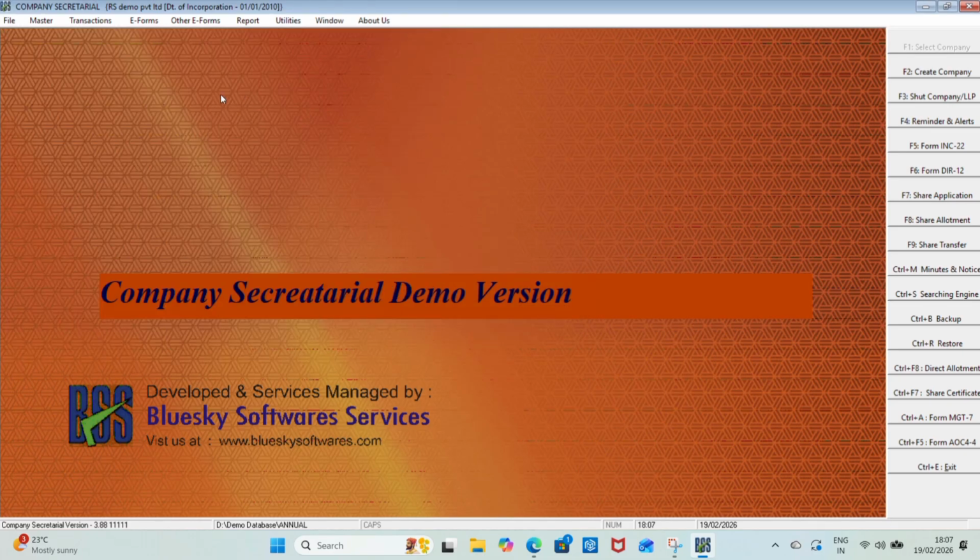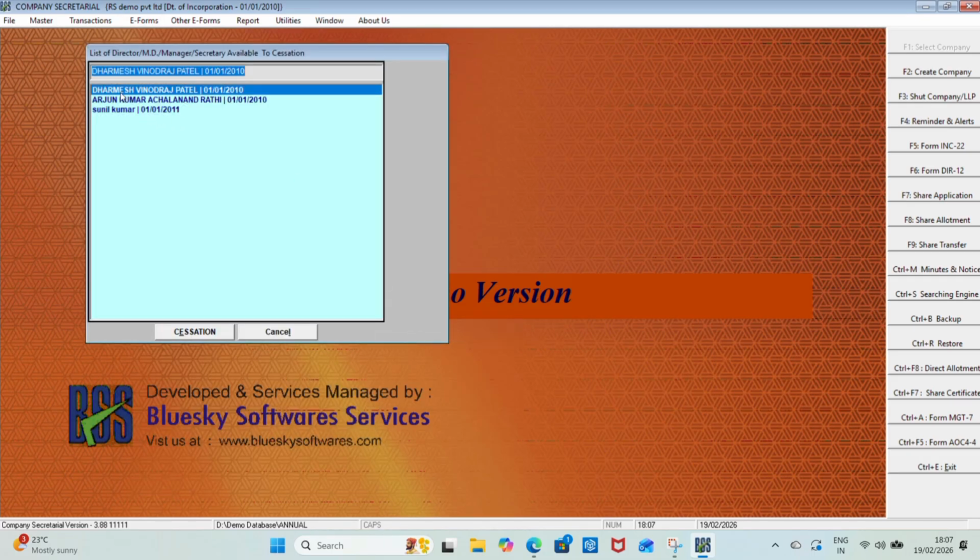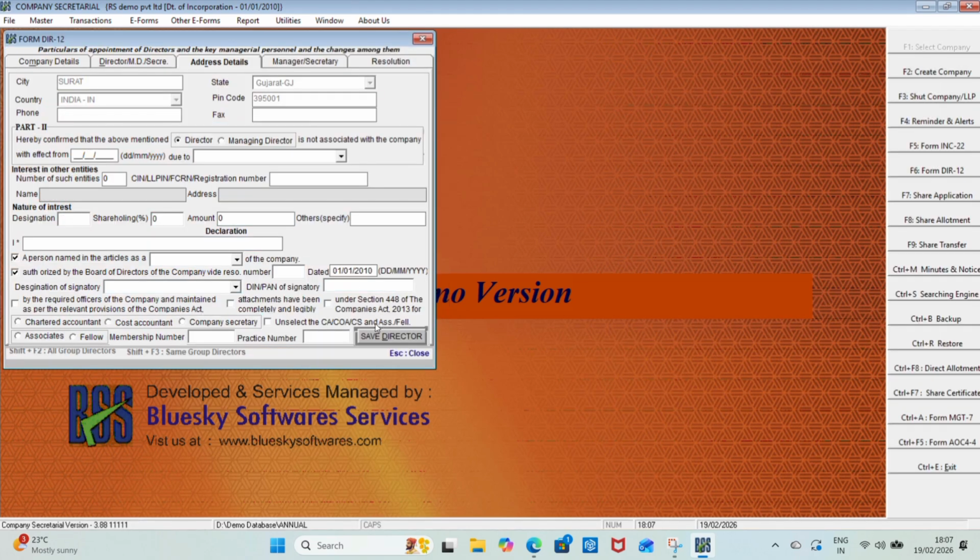It's asking that either chairman, executive, or non-executive director must be selected. Okay, that means the director should be chairman, executive director, or non-executive director. Suppose he is a non-executive director. Now you can see there are 3 directors in this company. Then we can cease any director. Suppose Dharmesh Vinodraj Patel, cease